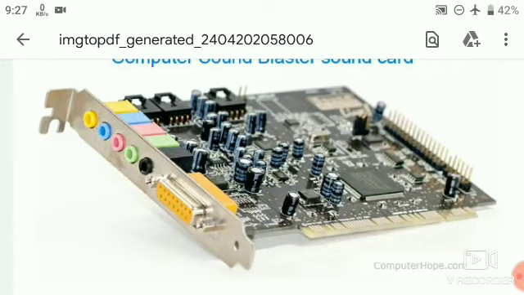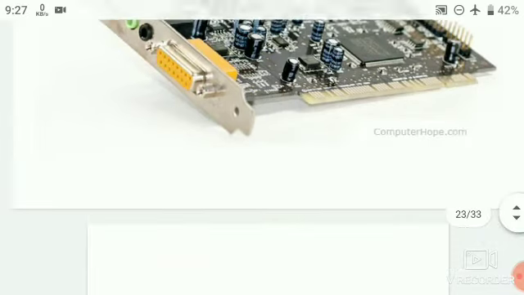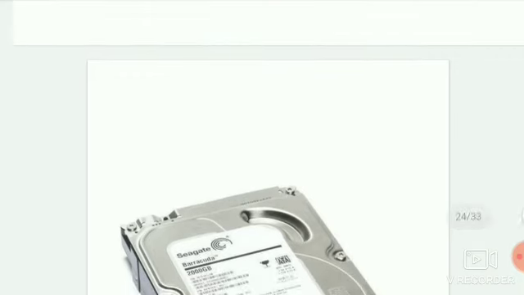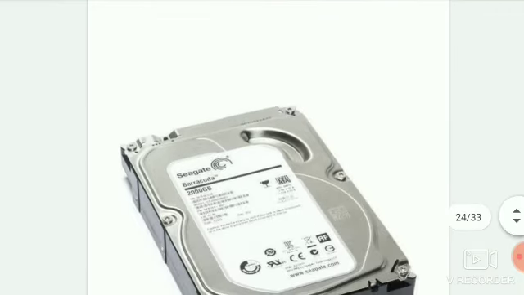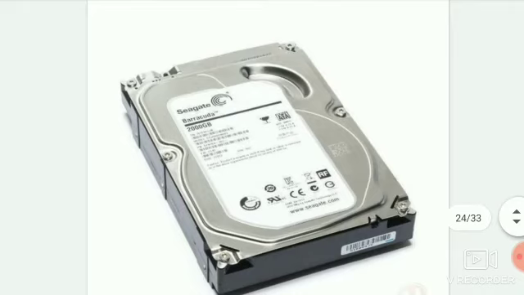Then let's understand some storage devices. We use storage devices to store computer information. Storage devices come in many forms. Some examples are hard drive or disk, CD-ROM, floppy disk and DVD-ROM. Storage devices can be divided into two types. First is internal storage device and second is external storage device. Some common storage devices are given here.